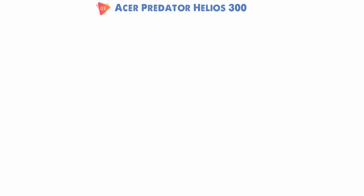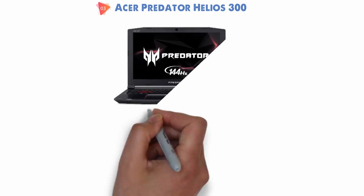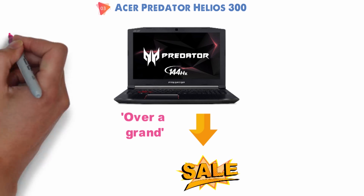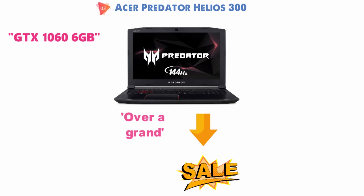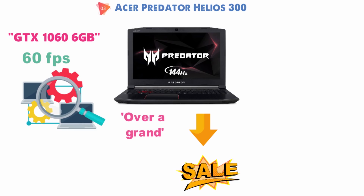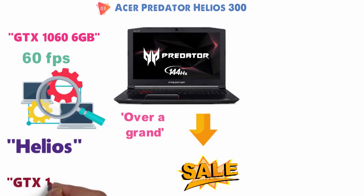At number 3, we have the Acer Predator Helios 300. We loved the Acer Predator Helios 300 during the 10 series era. At just over $1,000, sometimes less if you could find it on sale, it offered a GTX 1060 6GB graphics card that could lock down 60 frames per second at near max settings in most games from the last few years. Now the newer model Helios is back with a GTX 1660 Ti GPU and a sleeker form factor for